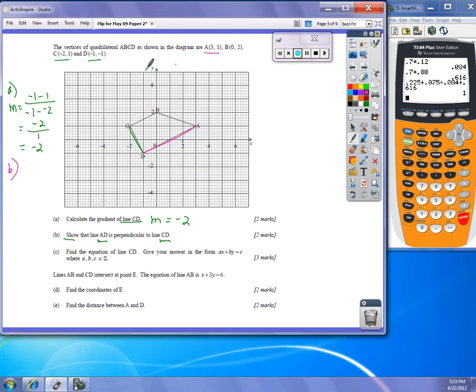So I'm looking at A and D, and I'll say the slope is equal to y2 minus y1 all over x2 minus x1. That gives me negative 2 over negative 4, which is positive 1/2. Now right here, since they ask you to show, just doing that amount of work isn't enough. You need to make some kind of statement that says,